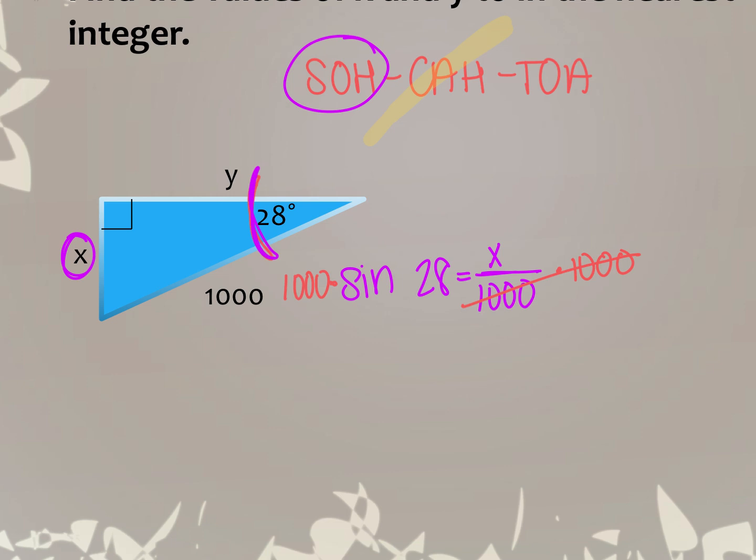1,000 times sine 28. Click enter. They want us to round to the nearest whole number. So looking at this one, what would my answer be if I solved it correctly? 47? Nope, not 47. Wait, you said 1,000? 1,000 times sine 28. What would my answer be? 28,000? Good,